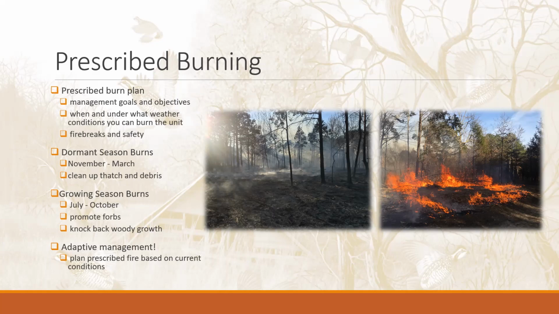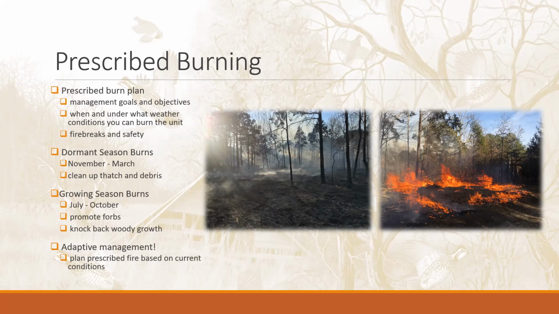But as far as managing these sites, we can use dormant season burns or growing season burns. So dormant season burns usually occur from November through March, and those are really to clean up thatch and debris from previous year's growth. And then our growing season burns, which we usually do from July through October, can help